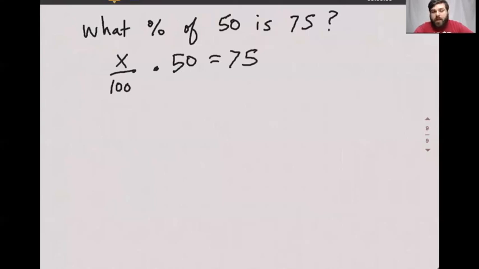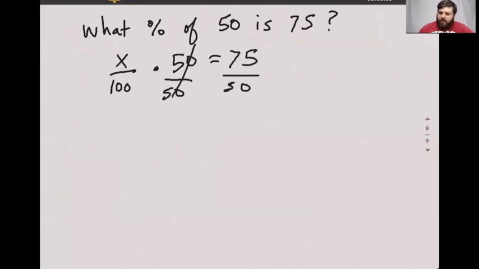Okay, so we've done it. We've converted to an equation. Now we just have to solve the equation. So a couple things here. I want to start getting rid of numbers. So see that times 50? I want to get rid of that. So I'm going to divide by 50, right? If I divide this by 50, and if I divide this by 50, this goes away, and I'm left with